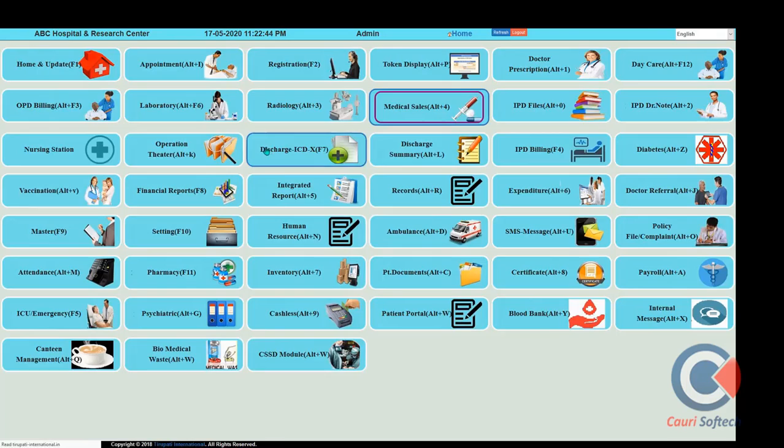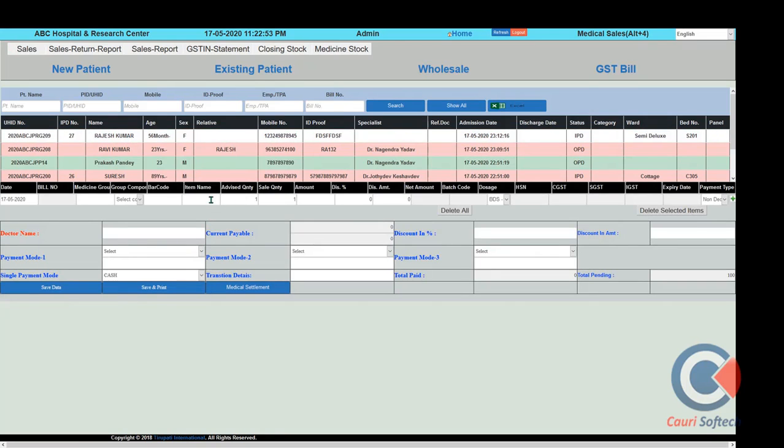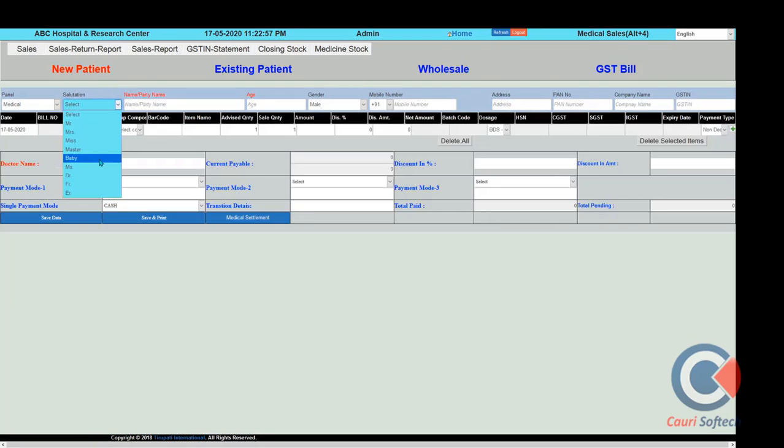In these medical sales, for an OPD patient, an IPD patient, or a new patient, we can issue the medicine to the patients. This is the patient we can choose here in this way. And if you have to create a new patient, you go here and select the salutation of the patient, put the basic entry, and fill in the age of the patient and mobile number so that they can be identified. Written medicine provision is also there.